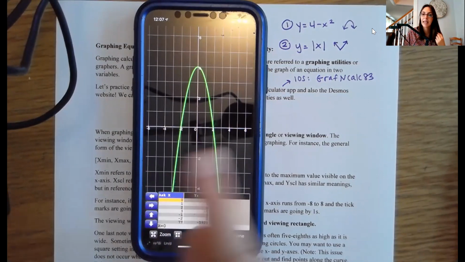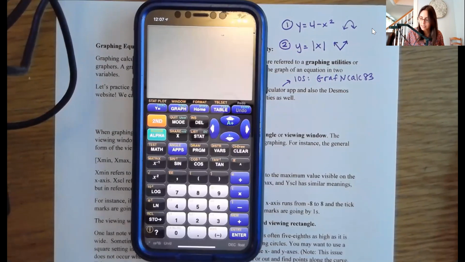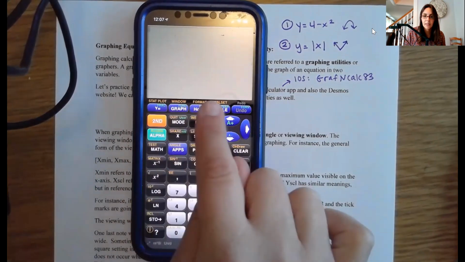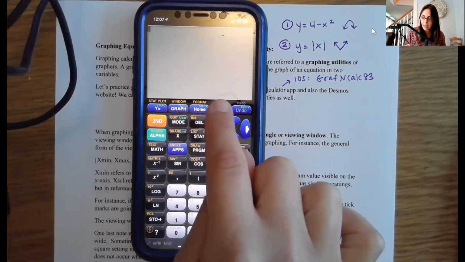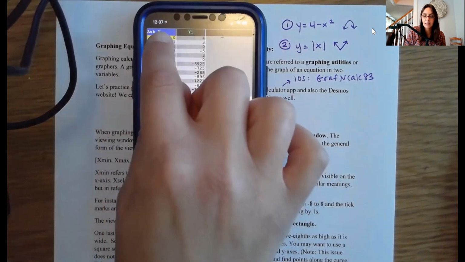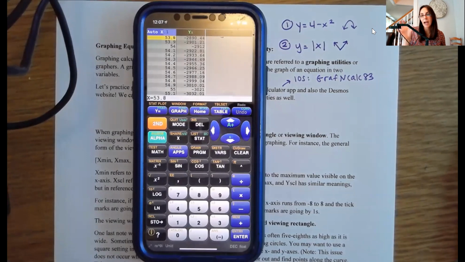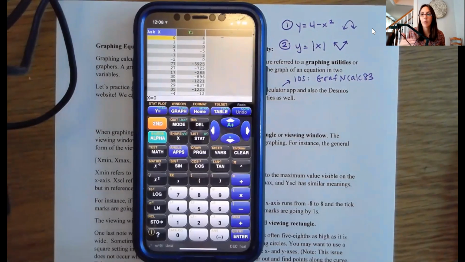Now you can also get a table. So I'm just going to hit done here for a second. And you'll see that there's another piece here called table. If I hit table, then you'll notice that your calculator may be on Ask X, or if I hit that up top, it may say Auto X. In the actual TI-83, you'll be able to select, do you want Auto X or do you want to Ask X? Typically, we want it on Ask X, not Auto, which means that we can input the values that we